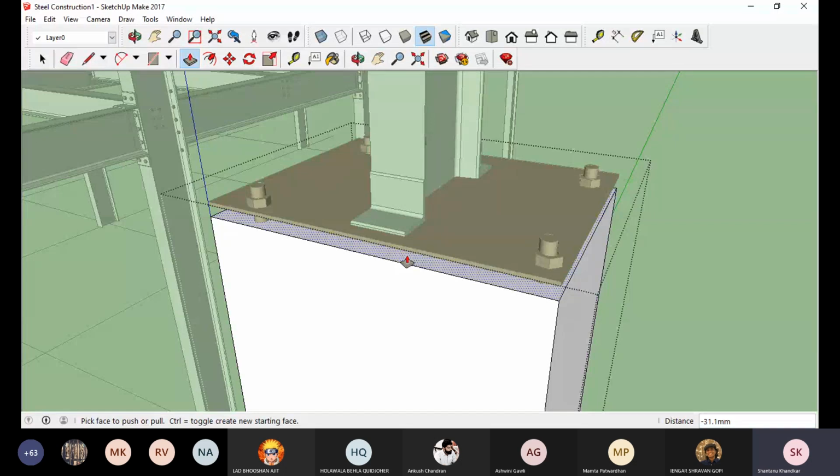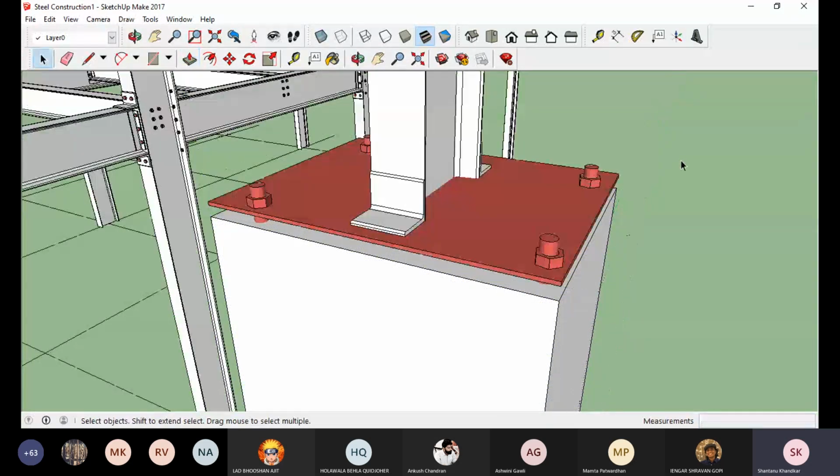A grout is basically a slurry mixture of cement and water and sand, obviously, and that would be put into this, harden, and form this upper surface. Okay, and also the grout will be put into the holes that you made for the anchor bolts. So that is what the grout is there for. But again, I didn't want to complicate things, so I didn't show it right now. But yes, that's where the grout would come.